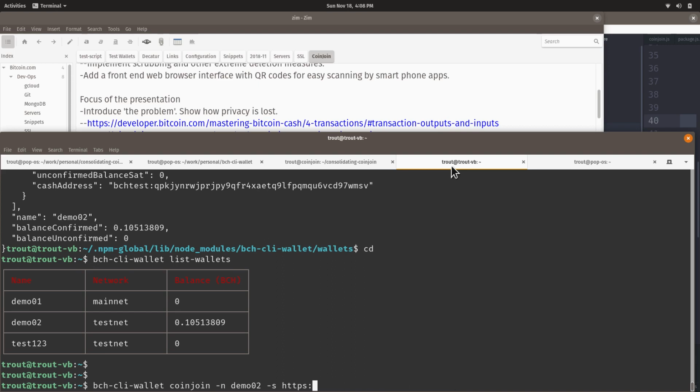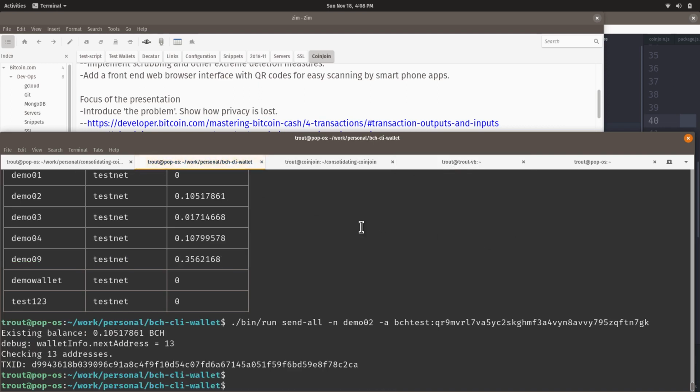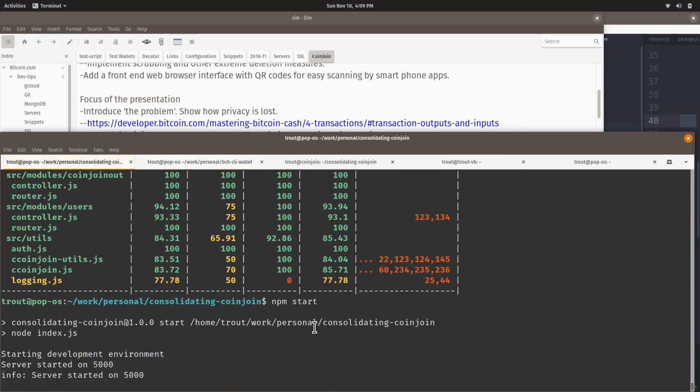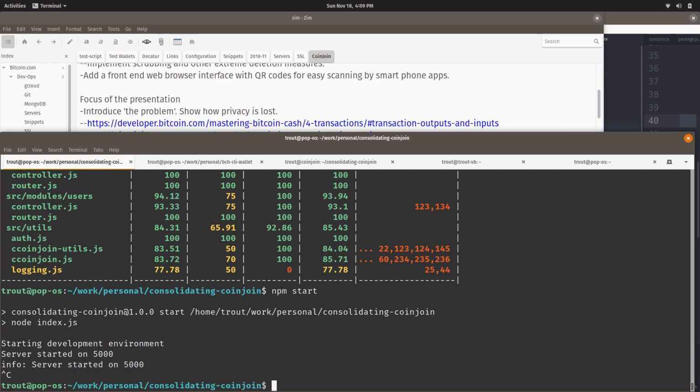But you can also now call your local server with localhost, and it defaults to port 5000. So that's how you would do the same CoinJoin running your local development server. And in fact, let me just show you what this looks like. But before I do that, I want to talk about production.